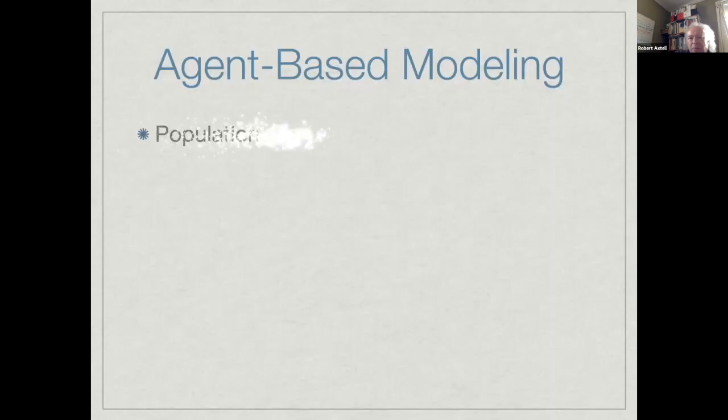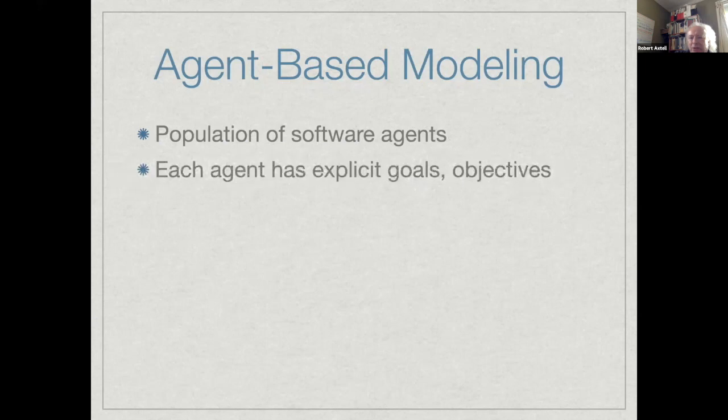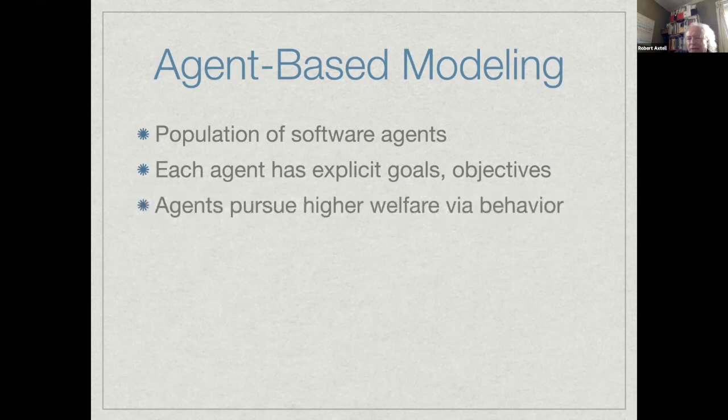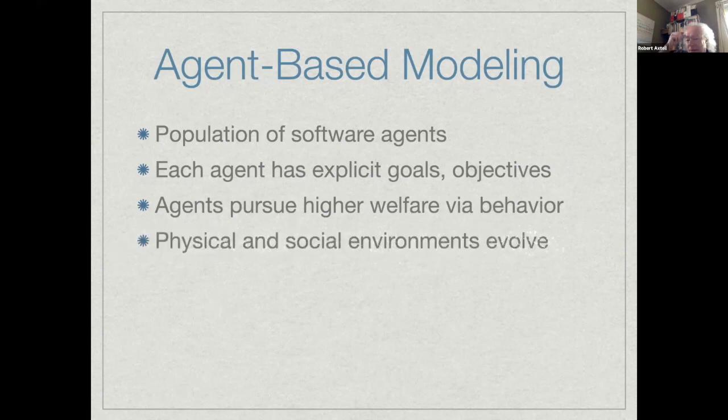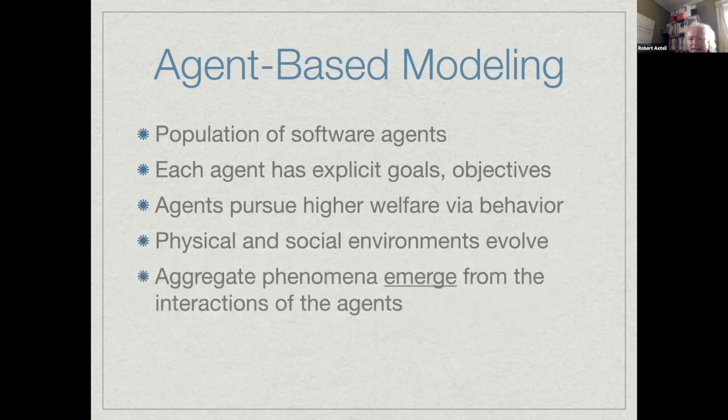Okay, just for people who have not done agent-based modeling before and don't know a lot about it, we're talking about a population of software agents typically representing people. Every agent has some explicit goals or objectives, and then has behavior in which they pursue those goals and objectives somehow, not necessarily rationally, but just purposively. There's always going to be some environment, social or physical, that evolves. And one key idea is that aggregate phenomena, social phenomena, emerge from the bottom up